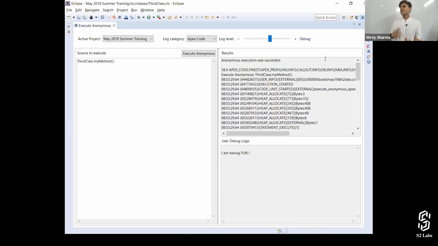So this is how you can execute. You can execute any code in your Eclipse as well, right? You do not actually have to go to the developer console and log in over there. And by the way, when you want to code on a developer console, you always need to log in to your browser, but it's not the case in here, because you've saved the password, the security token, and everything. You just need to open it and do the work that you want to do. That's it. Is it clear with everyone?